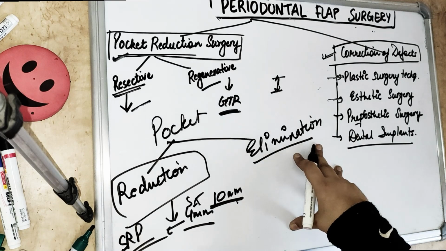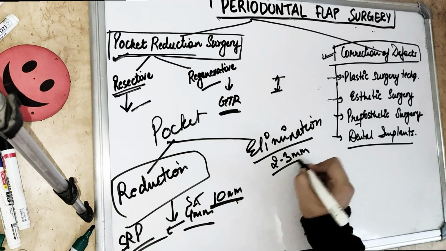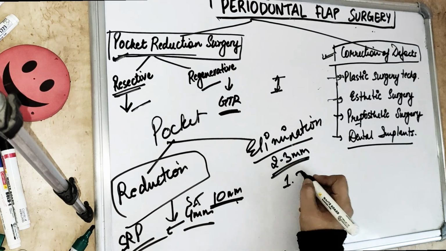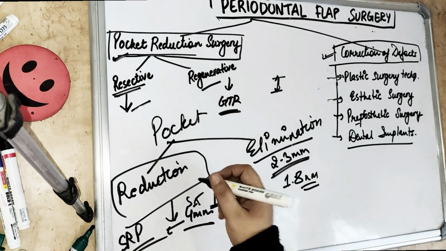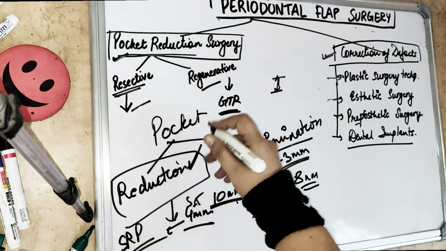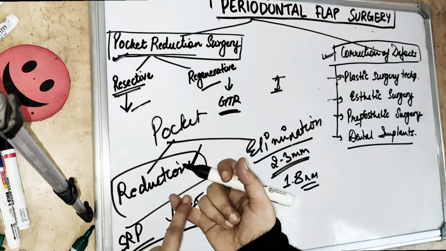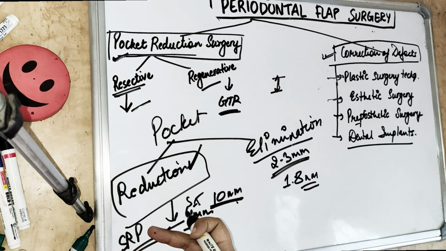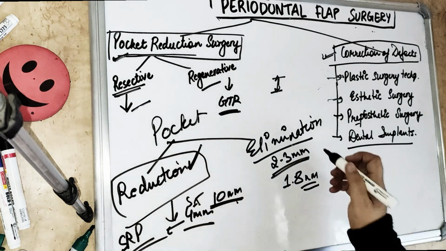So pocket depth is reduced to the physiological depth of the sulcus, which is 2 to 3 millimeters, and the histological depth of the gingival sulcus is 1.8 millimeters, which we have covered in the gingiva. So if you are doing the pocket reduction procedure, that means you are maintaining the depth. That means you are doing either the modified Widman flap, or the conventional or Kirkland flap, or distal molar flap surgery, or the curettage technique.